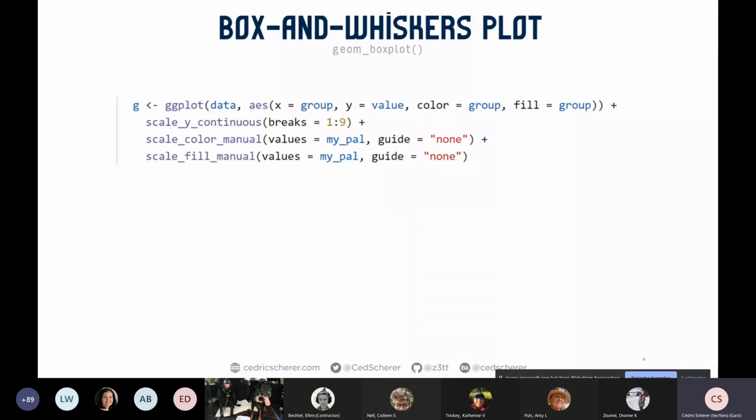So a general coding note here again. Most of the plots you will see in the following use the same ggplot code, and I'm just changing the geom. So I'm saving an intermediate ggplot object, which I assign to G. In there, we call the ggplot main function, then the dataset, which is called data. And then there's the aesthetics.